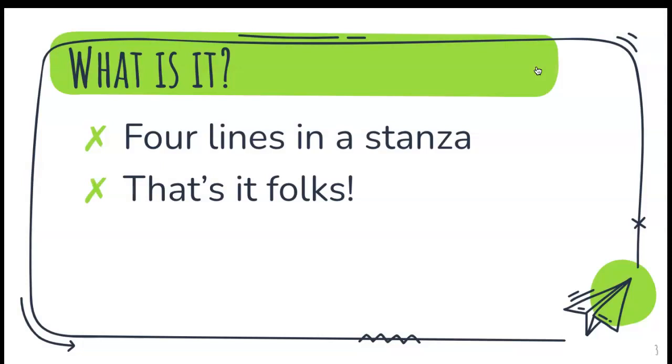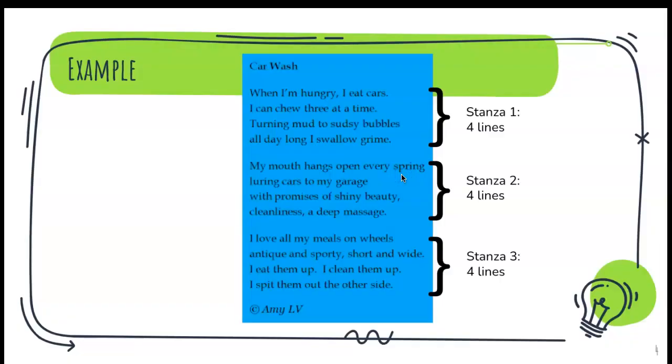Friends, it's as easy as this. The only rule for a quatrain is that it has to have 4 lines in a stanza. It could be a poem with just 1 stanza. It could be a poem with 100 stanzas. For it to be a quatrain, it just has to have 4 lines. Now, a lot of quatrains end up having a certain rhyme scheme. You'll often find rhymes in a quatrain, but that is not one of the rules. So that's it, folks. That's the only rule for it. It's going to make for a short lesson today.